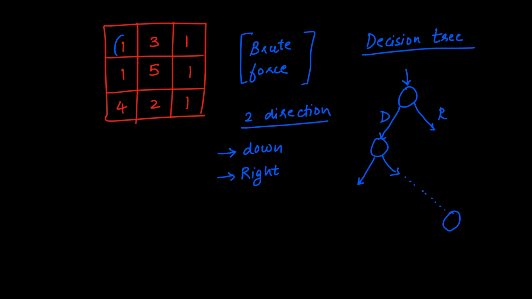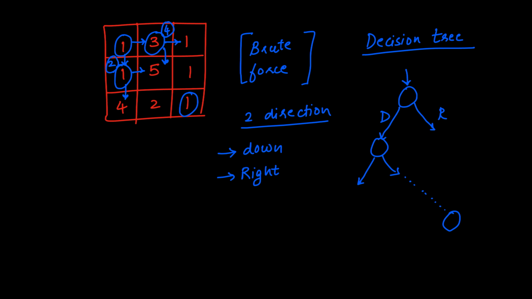For instance, if we start traversal from the first cell, that is 1, we have two options. We can either go in the downwards direction to cell 1 or towards the right to cell 3. And as we are traversing, we'll also have to maintain the path sum. Going towards the right will give us the total 4 and going downwards will give us the total 2 so far. So we'll continue to build all possible combinations that will help us reach the last cell while also